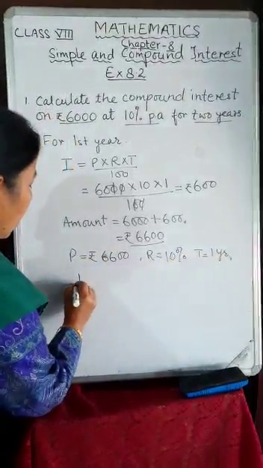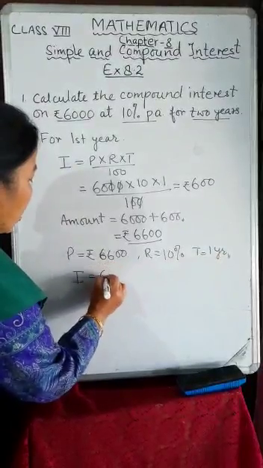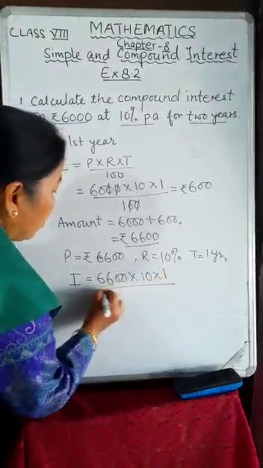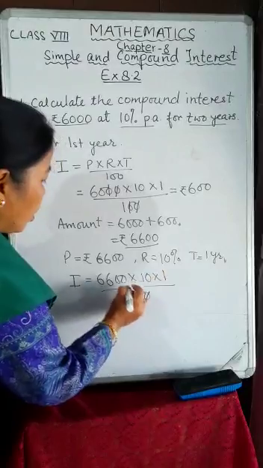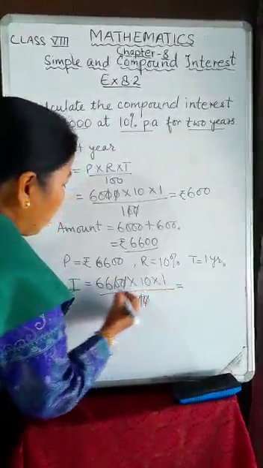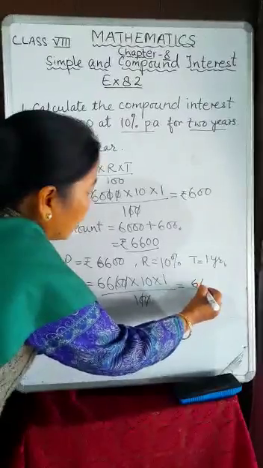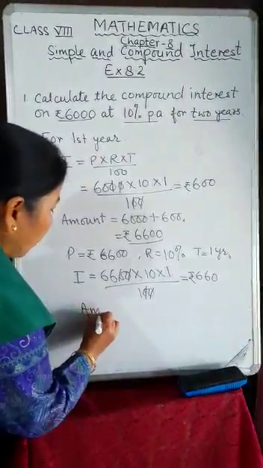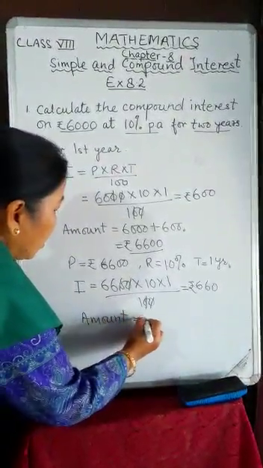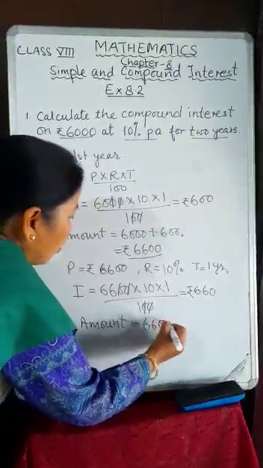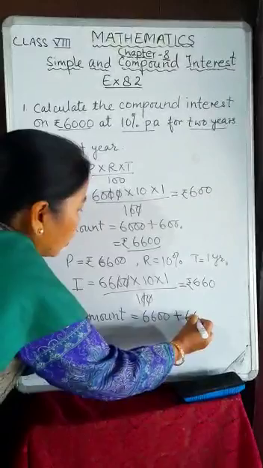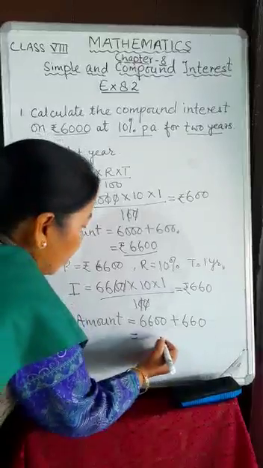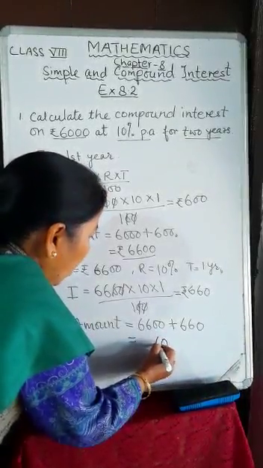Now here the interest equals principal 6,600 multiplied by rate multiplied by time upon 100. These two zeros are cancelled by these two zeros, and if we multiply 66 by 10 we get 660. This is the interest for second year. So the amount at the end of second year is 6,600, which is the principal of second year, plus the interest for second year, 660. So if we add these two numbers, we get